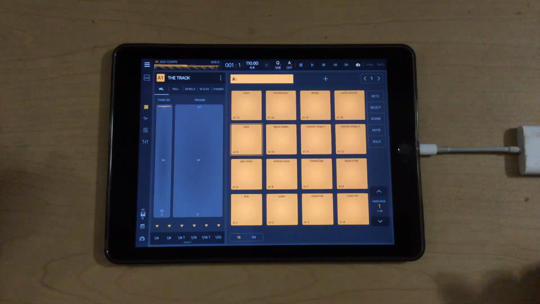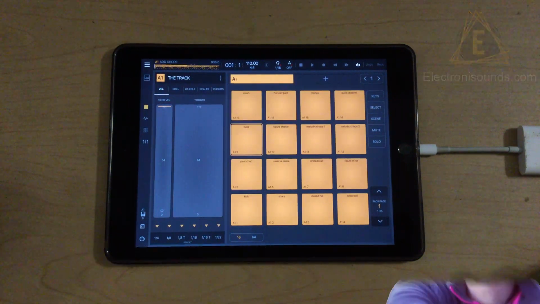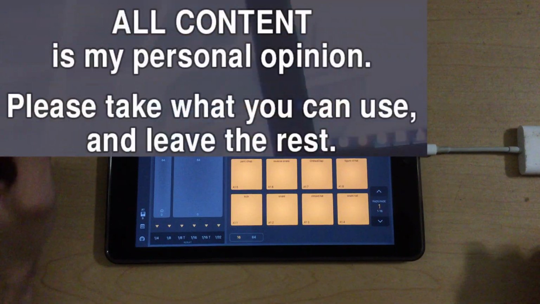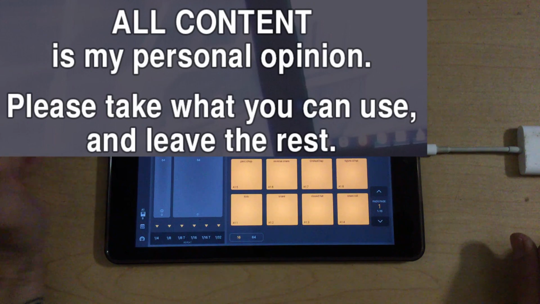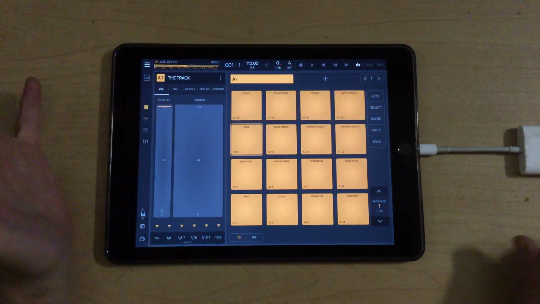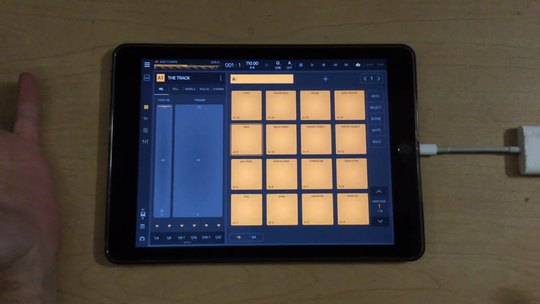Hey guys, it's Dean from Electronisounds. I know a lot of you are having trouble getting ideas started inside of Beatmaker 3, and I wanted to share with you this workflow that I was using the last few days. What I did was, I chose a tempo in Beatmaker 3, and I chose the sound that I liked,